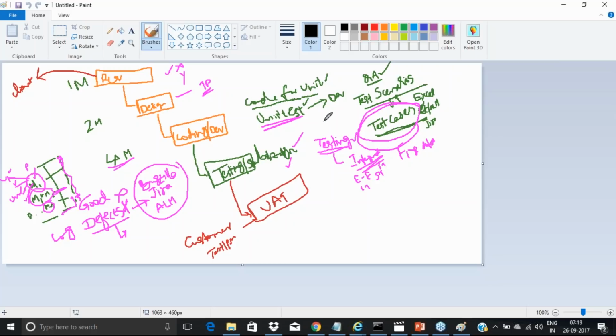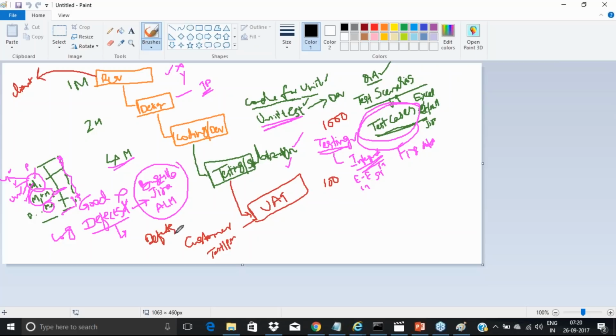You might have 1,000 test cases for the entire project, but the customer will perform some 100 test cases, very high level, and if anything is not working, he will say no. He will also log a defect, saying this is not working, this is not what I expected,